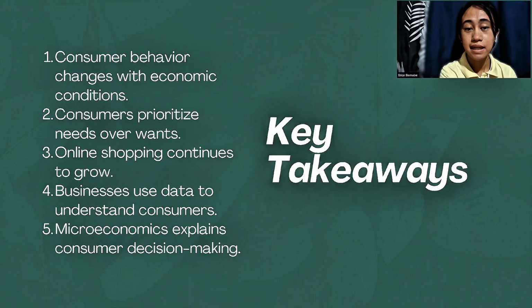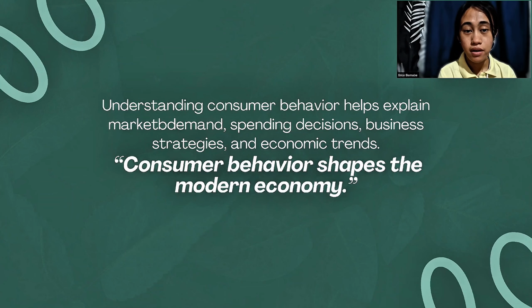And the two graphs clearly show that consumers are shopping differently, they are spending more carefully, and prioritizing needs over wants. Therefore, businesses that understand consumer behavior can better survive and compete